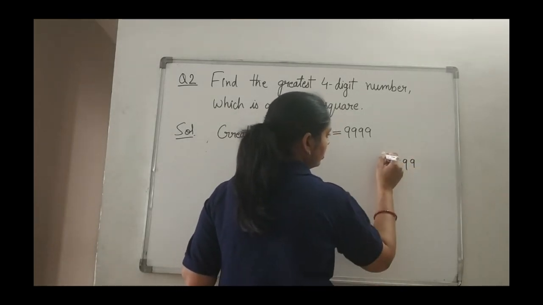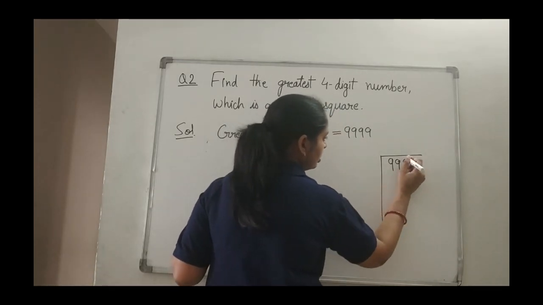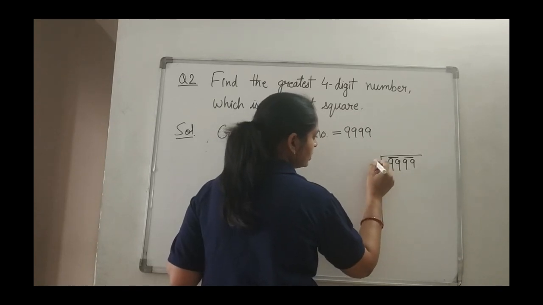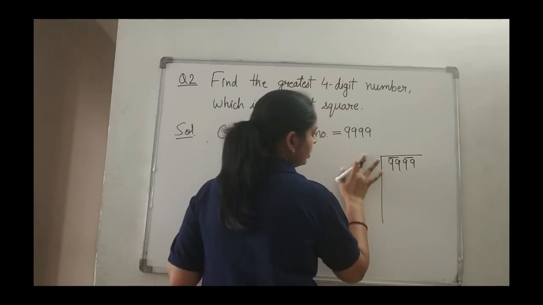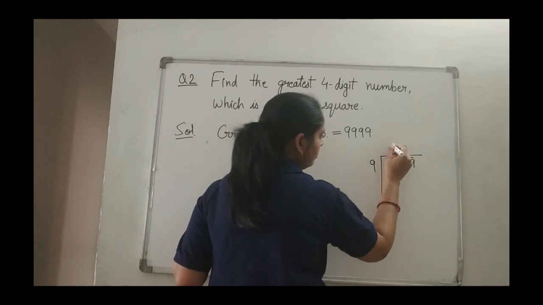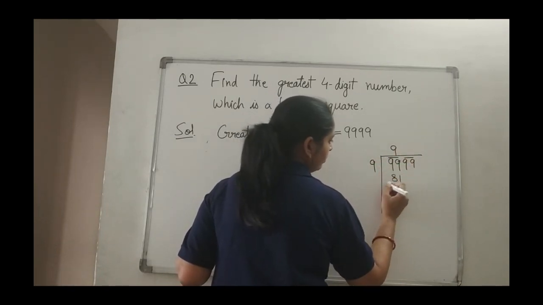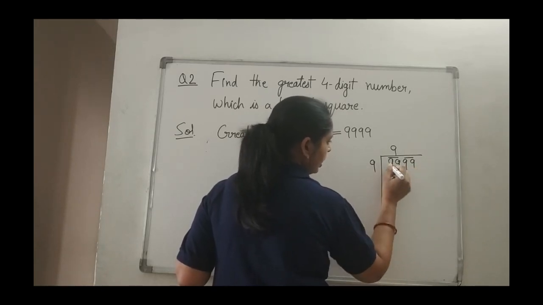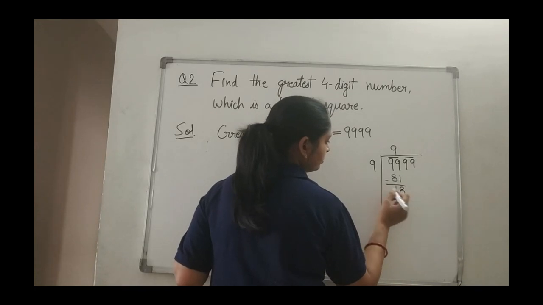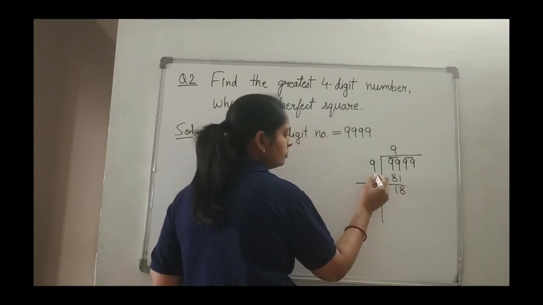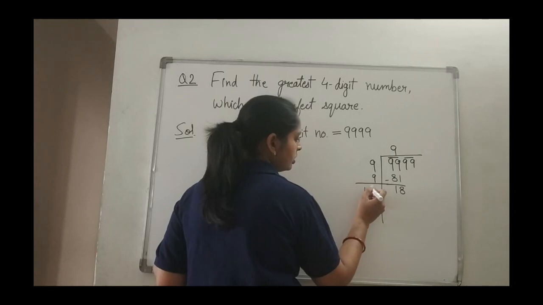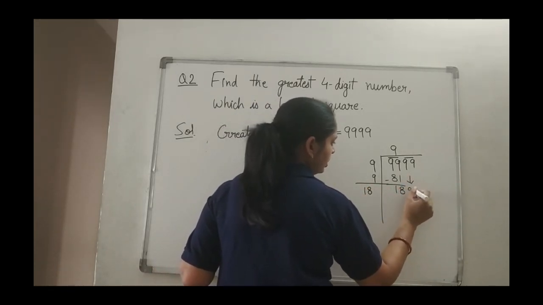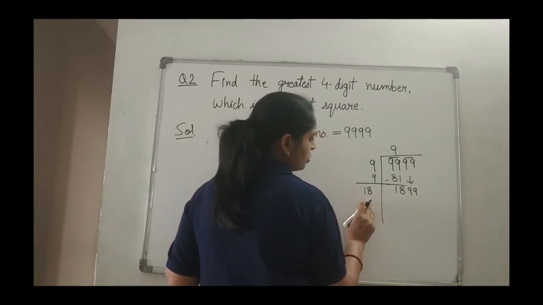9999. So what answer you get? We will do the pairing. Okay. So what we got? 99 is there. So obviously it will go for 9. 9 9s are 81. When we subtract, so what we get? 9 minus 1 is 8 and 9 minus 8 is 1. This side you have to add 9 plus 9 is 18. Next pair we got as 99. Okay. So 18.